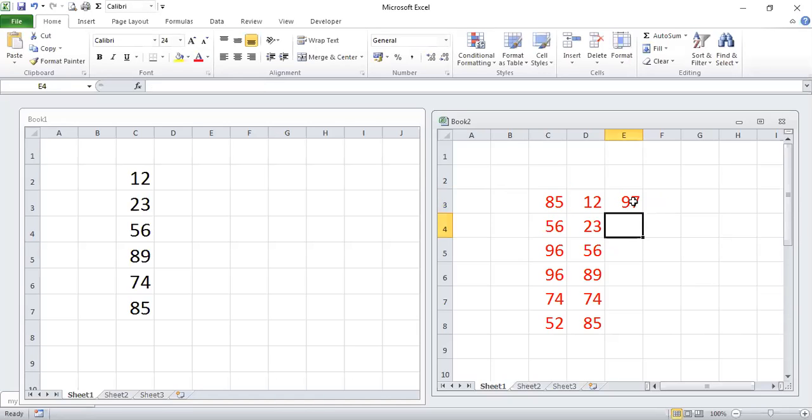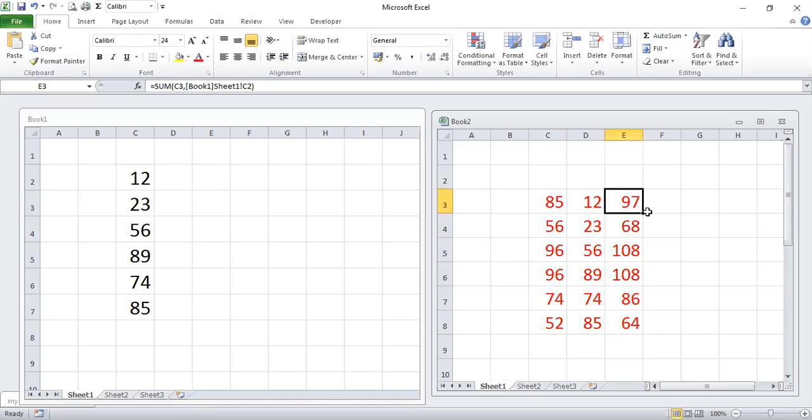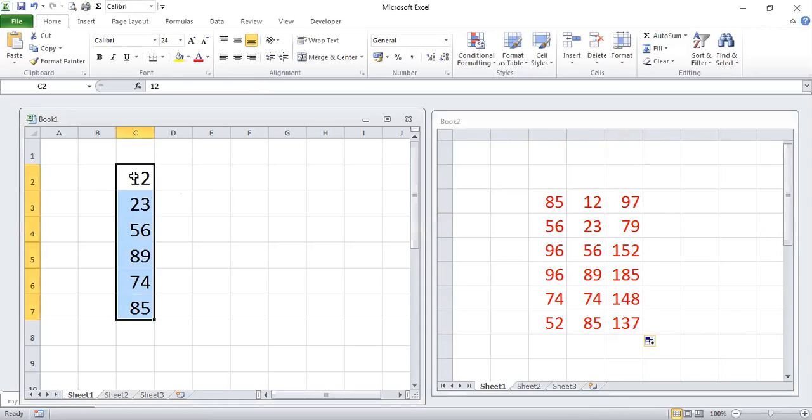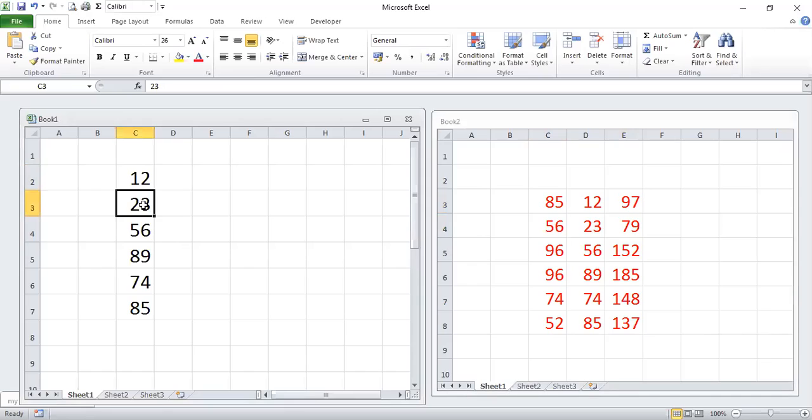Now dollar sign remove नहीं किया तो इसका मतलब वो सब में 12 को ही प्लस कर रहा है, right? So to change this, remove this dollar symbol. Now see, so 97 is sum of this as well as 12. Then this 57, 59, 79 is the sum of 56 and 23 taken from here.